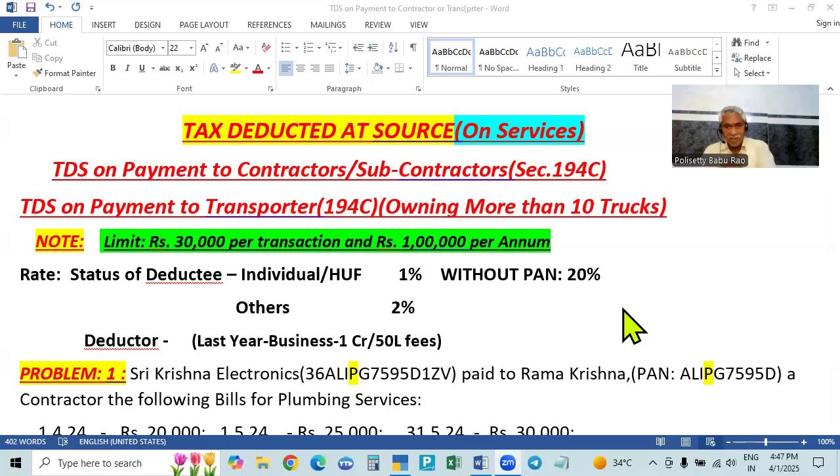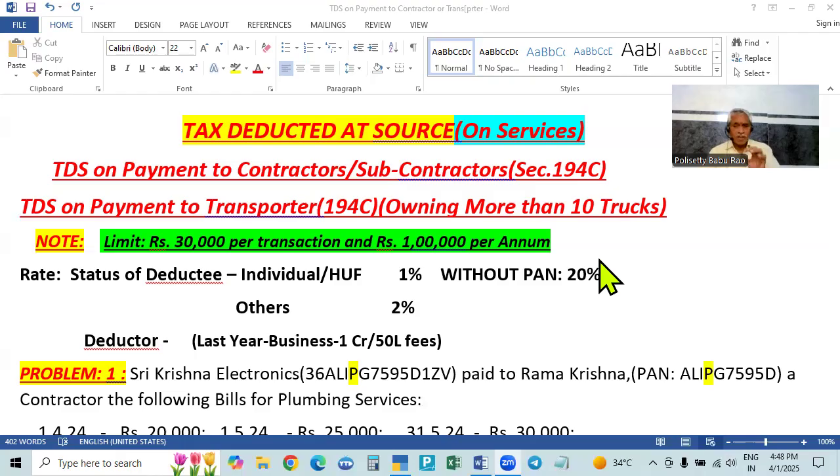Making payment for a service is called the nature of payment. What payment are you making, and for what service? That is called the nature of payment. There are a lot of services, so there are a lot of natures of payment. Each subsection deals with one particular nature of payment.